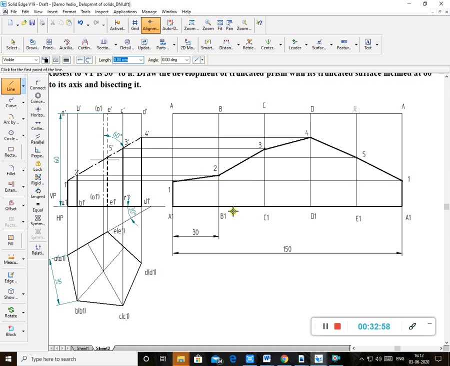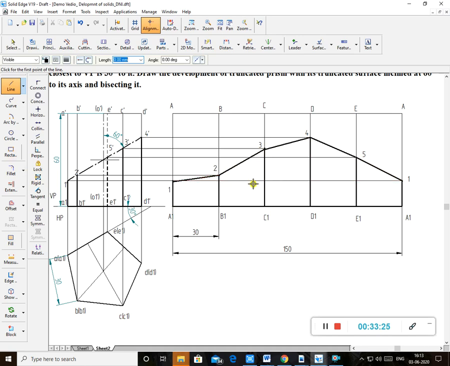Now in the retained portion, some part of the longer edge remains here. See, B1 longer edge: B2 is removed, and 2 B2 B1 is retained. That's why I'll draw the longer edge. So out of CC1, C3 is removed, 3 C1 is retained. Out of DD1, D4 is removed. This is retained, and this again is retained. So this is whatever dark I have shown. That's why I kept everything light initially.